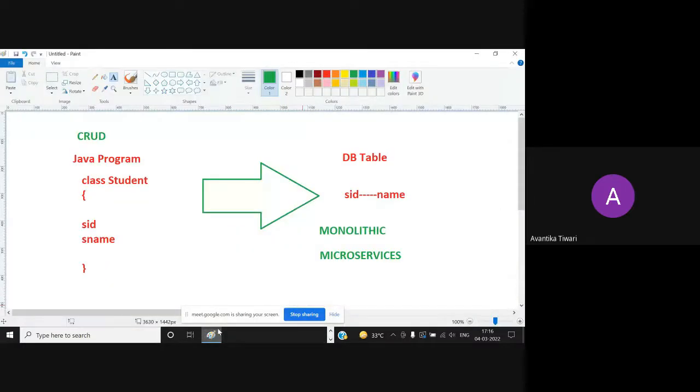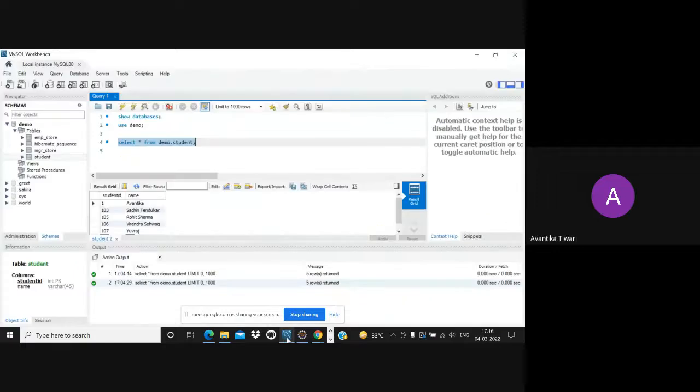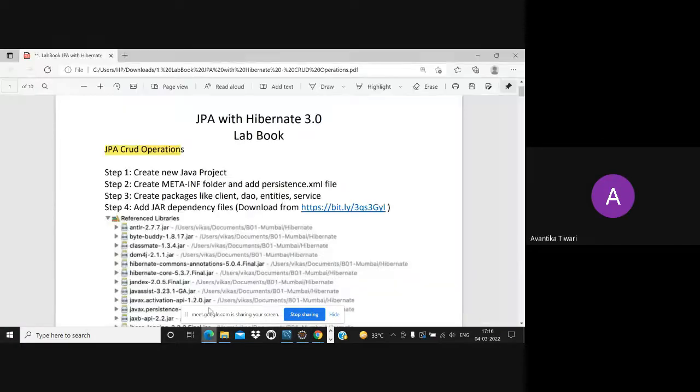Microservices is a very good design pattern, but that doesn't mean we can apply it anywhere. Capgemini suggested that for implementing Hibernate, you should follow the microservices design pattern. Whenever we follow the microservices design pattern, you have to create these packages.